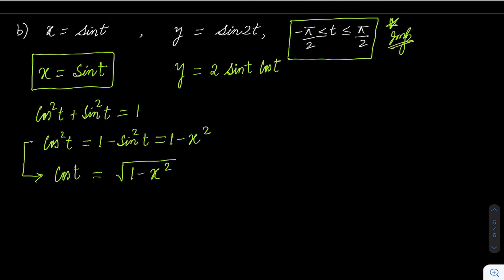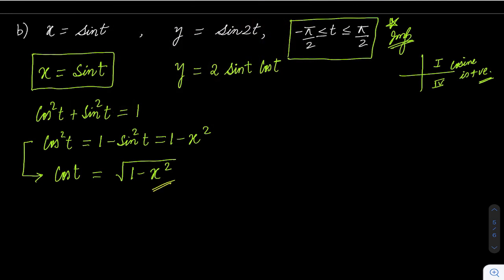See, t is from minus 90 to 90. And what happens in minus 90 to 90? It means first and fourth quadrant. I hope you understand this. In first and fourth quadrant, we know that cosine is positive. It can't be negative. So that's why I am not using the negative sign here. I can guarantee you 90% won't even think about this. But these things are important. If some other range is there, then I might have to take the negative sign also. Okay, so I hope everyone understands this very important point.